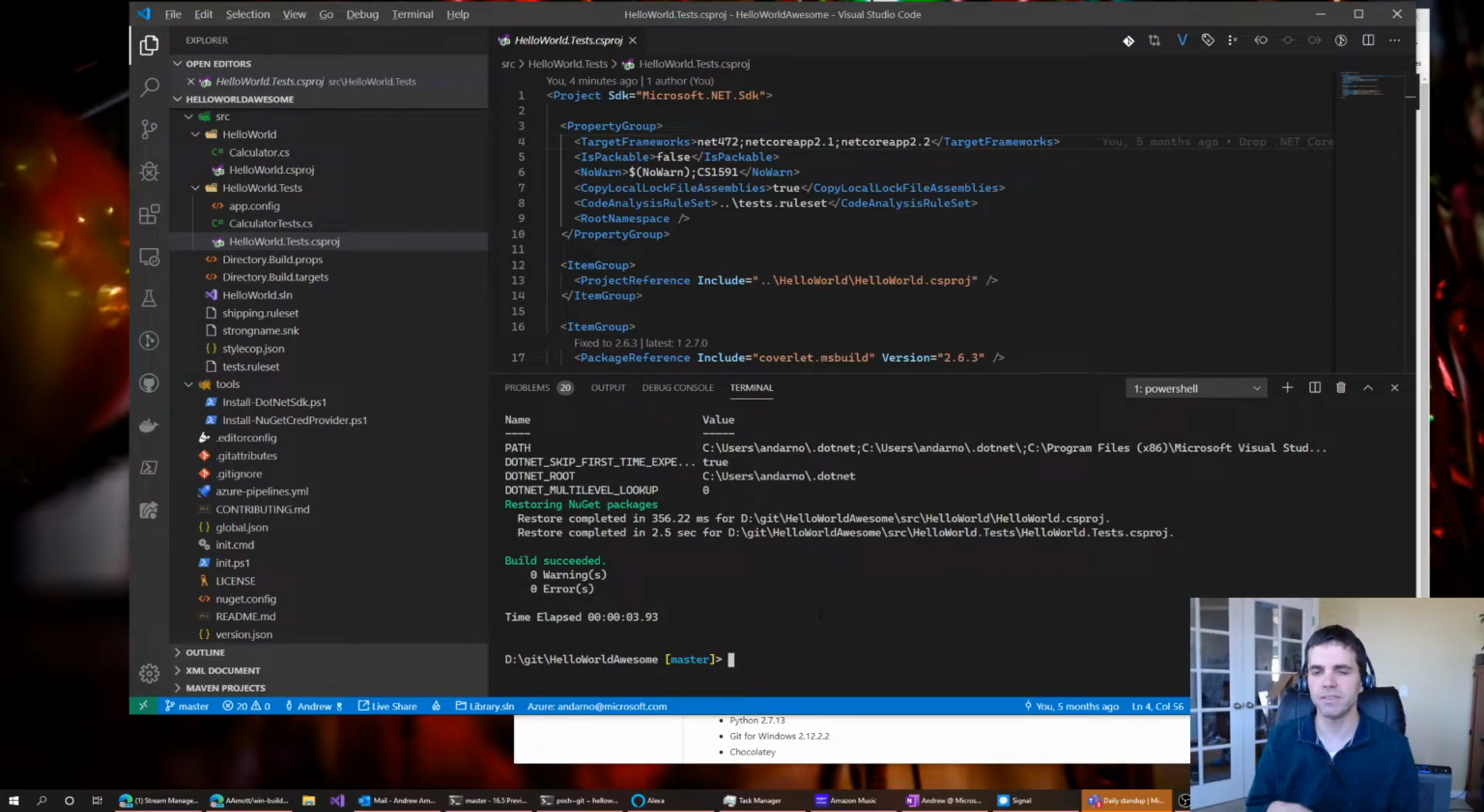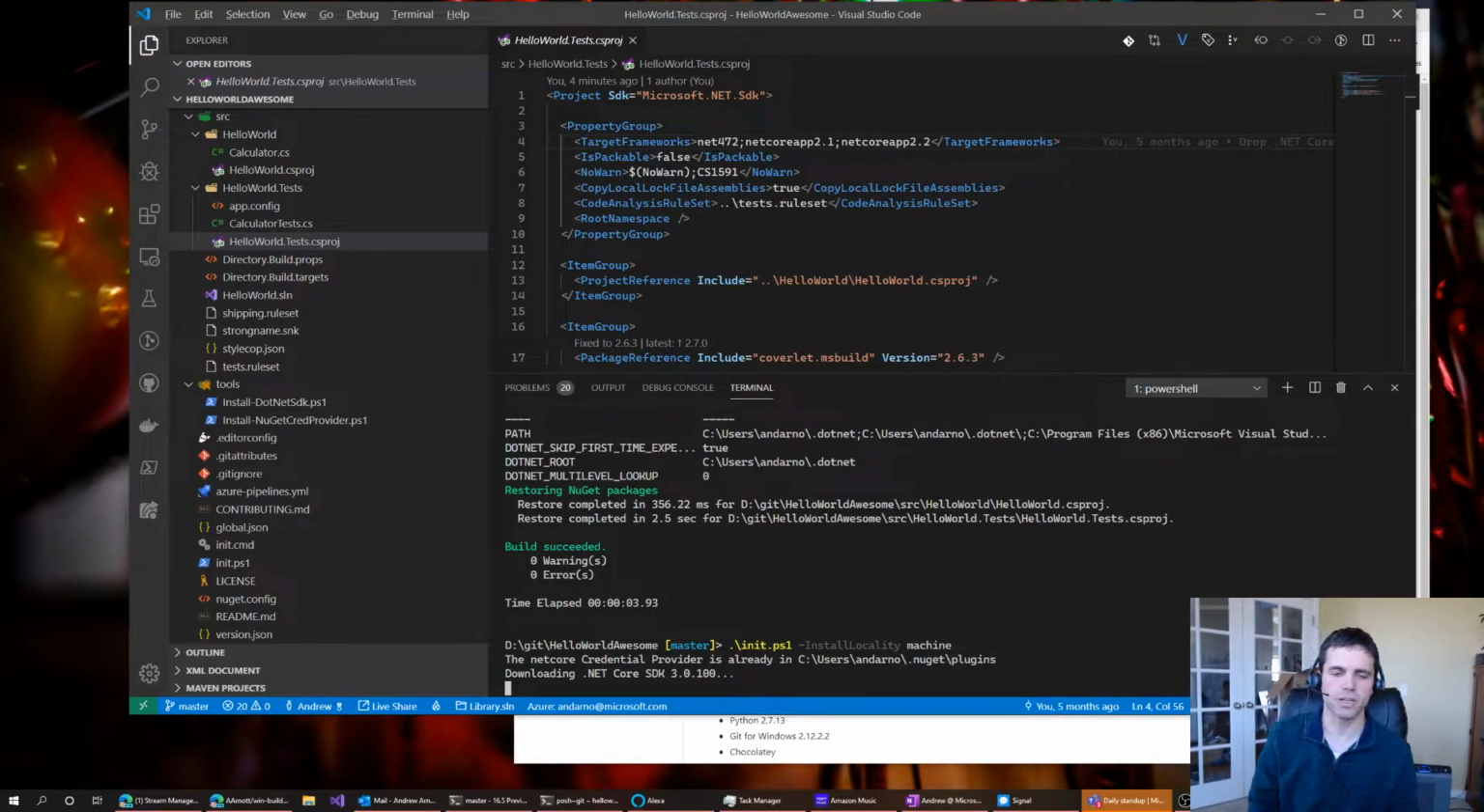But if you didn't have the SDKs installed in a per machine location, Visual Studio won't load the solution if you just loaded it from a shortcut. Like if I just launched VS here, it's not going to work. So you can also run init and say install locality machine, and then it won't shrug at